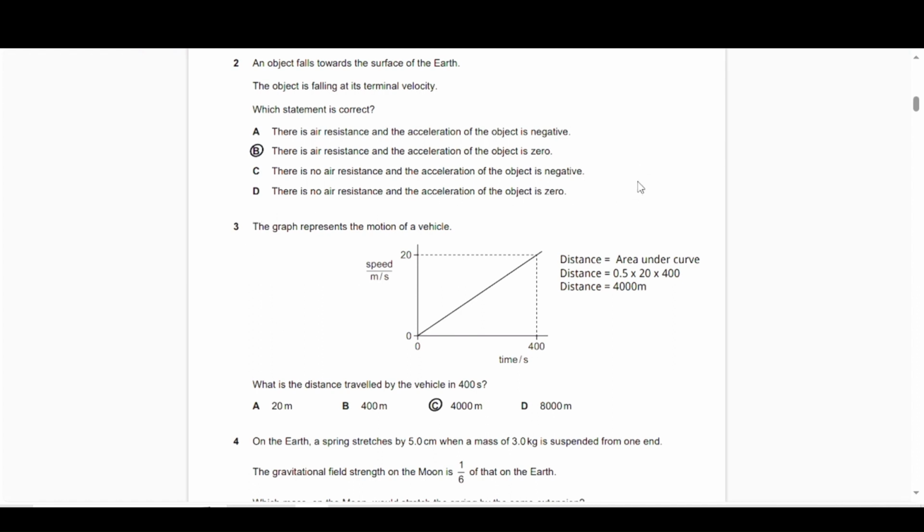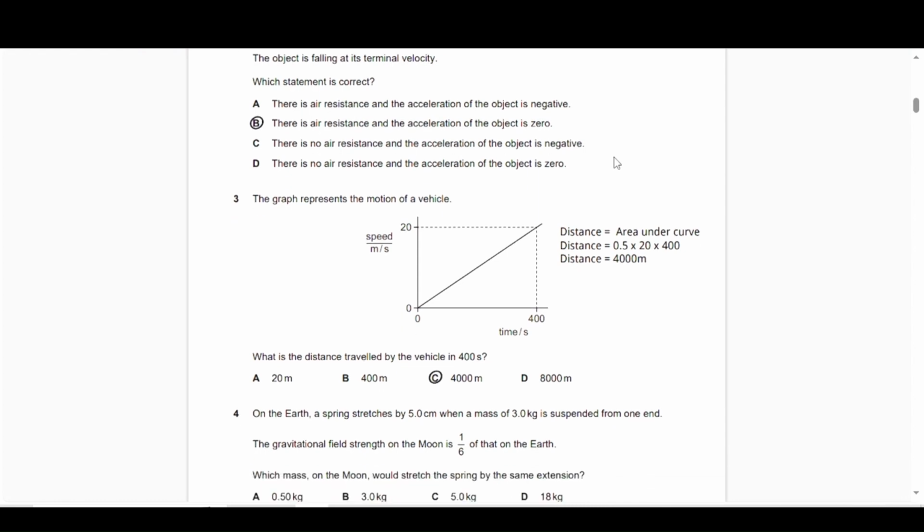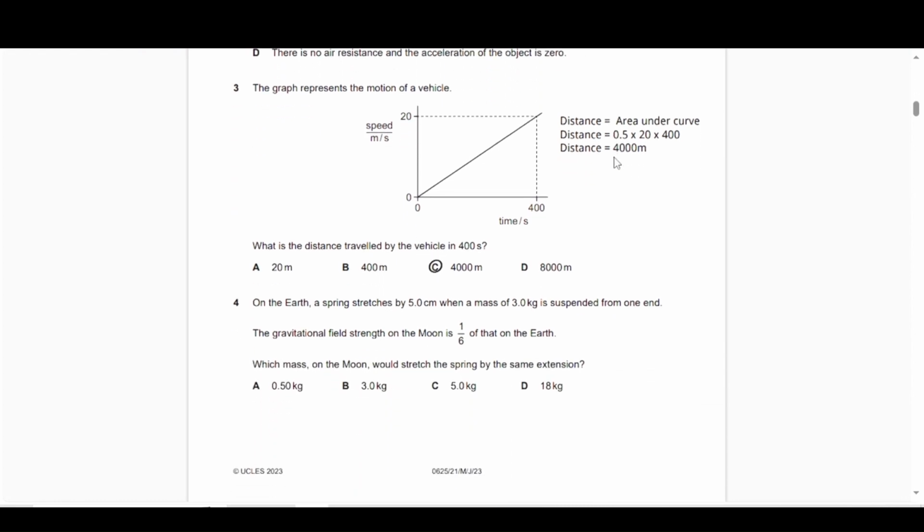Now when an object falls at terminal velocity, air resistance is still acting on the object. It's just that the air resistance balances the force of gravity on the object. So the option is B. D is not correct. So if we go and then look at the next question, question 3,